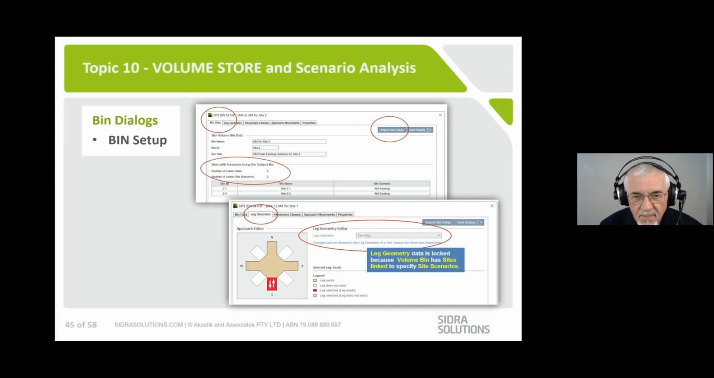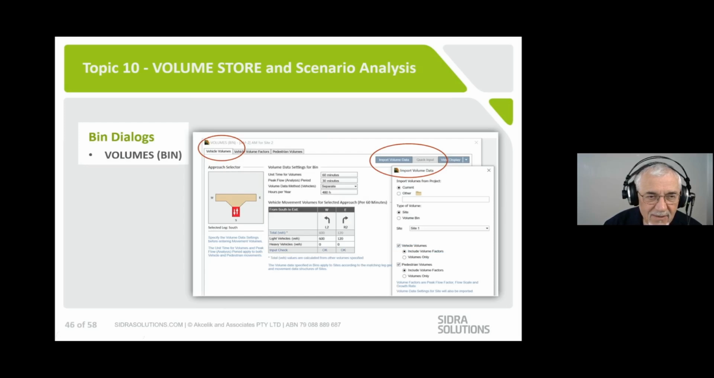And the site, when you link by way of scenario to the site, will only use the ones which are in the site. Like what matches are picked up. But it is much less confusing. You'll know what you are doing much better. In fact, I'll come to that, like in which order you do bins and sites, so that there's least work and least confusion. The other dialog is the volumes,